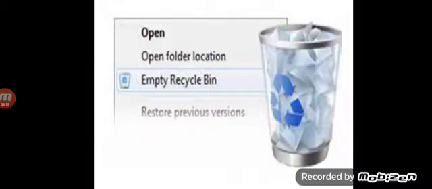Okay. Other two options we have is empty recycle bin option and restore option. First, let us see what is empty recycle bin option. See, once you have deleted all the files and folders, it is moved to the recycle bin. Now, when you want to remove all those files and folders from recycle bin also, then you will select this empty recycle bin. As soon as you click on that, the recycle bin will be emptied, and those files you will never be able to retrieve again. It will be deleted permanently, right?